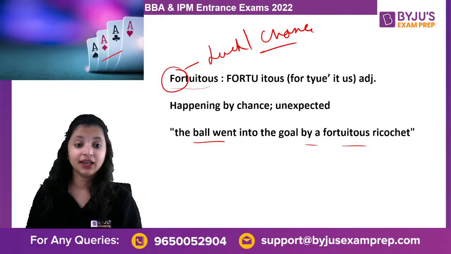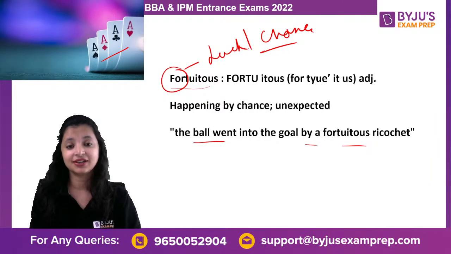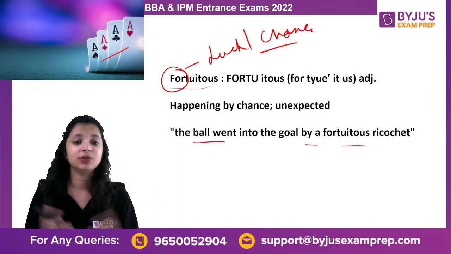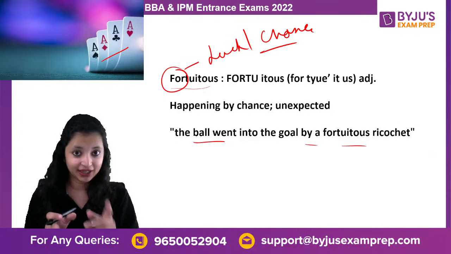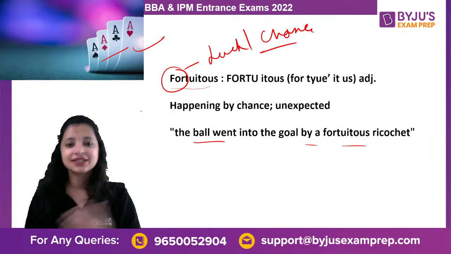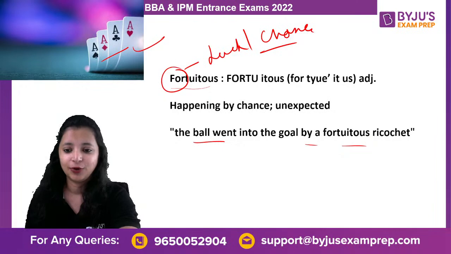So चार इक्के आ गए. Okay, you are the ultimate winner here in this cards game. It happened by luck. It happened by chance. It was unexpected. Usually people wouldn't have it. People who know how to play cards will get this game. So, fortuitous is anything that happens only by luck, only by chance. It was unexpected of all.